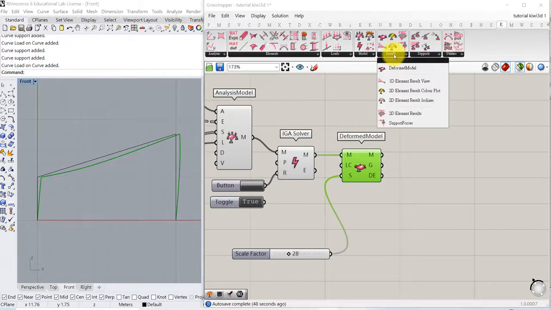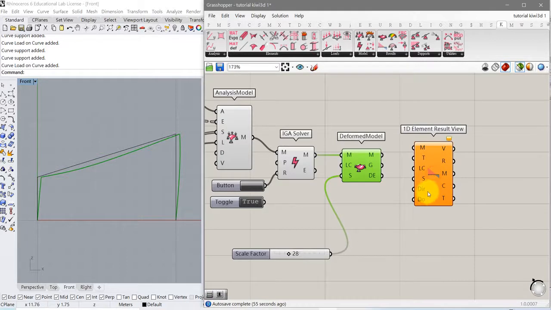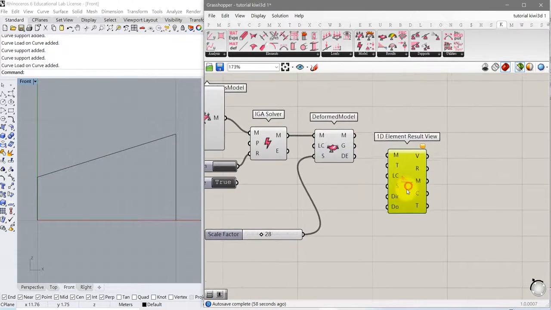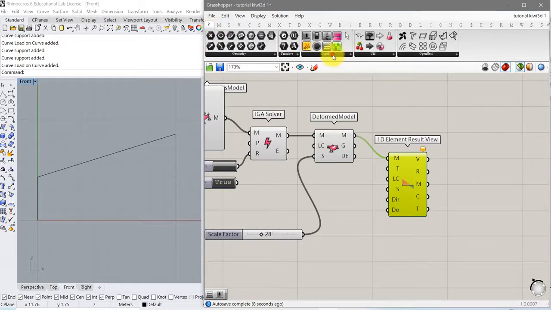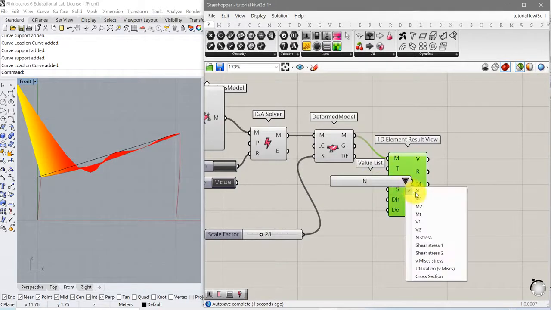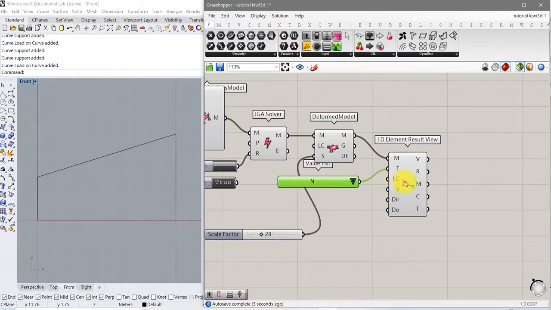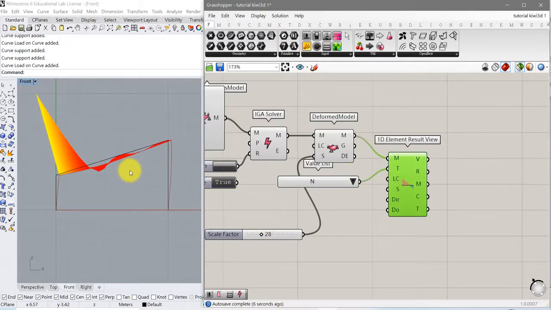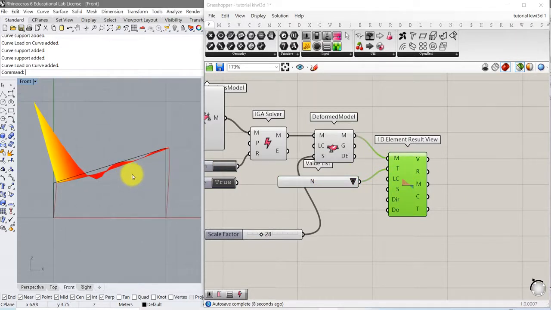take a look at the result. There's also the 1D element result view, because we have beams, so they are categorized as 1D elements. So we send the model to it, and there are some options for what type of visualization you would like to have. So go to the input value list. I think these are the axial forces,